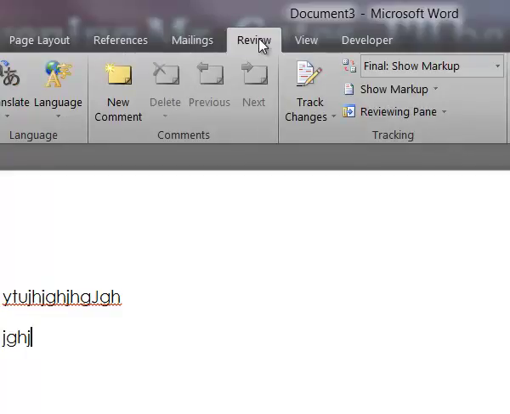Review is a very great tab here. Review allows not only you but other individuals to help you review your document. So if there's any issues in your document that you need a second set of eyes on, this allows individuals to make comments, and you can give this to multiple people, and you can track the changes that those individuals make, and you can accept those changes if they actually replace text within your document, or you can reject those